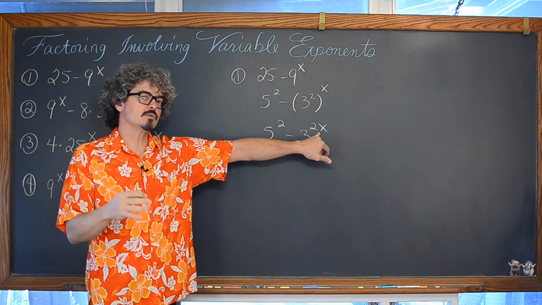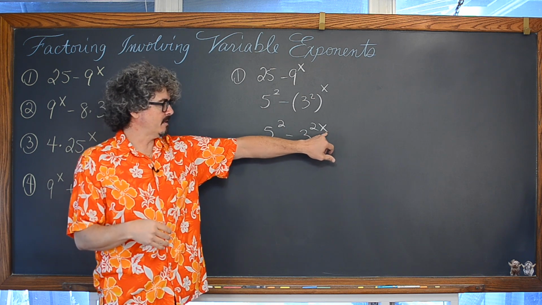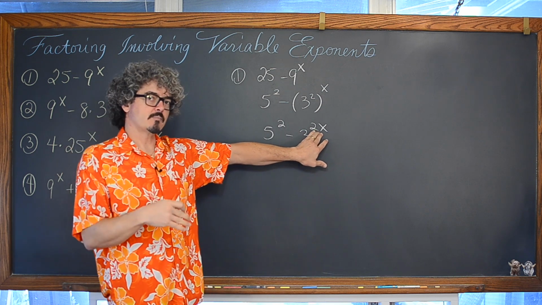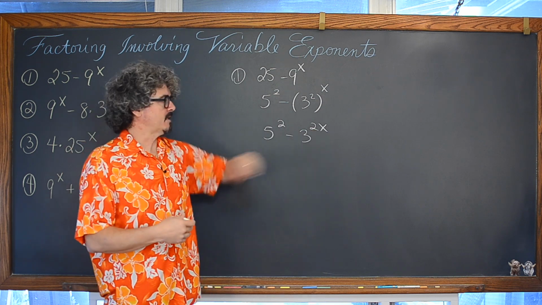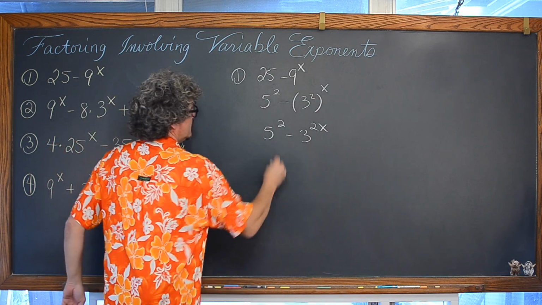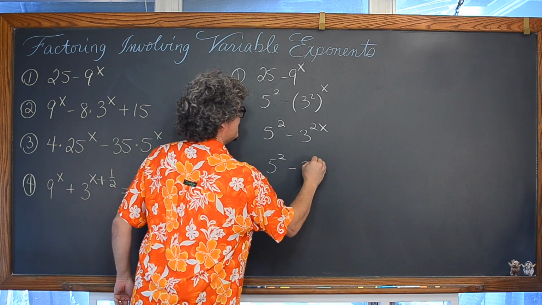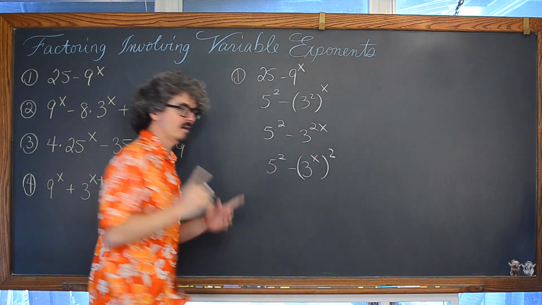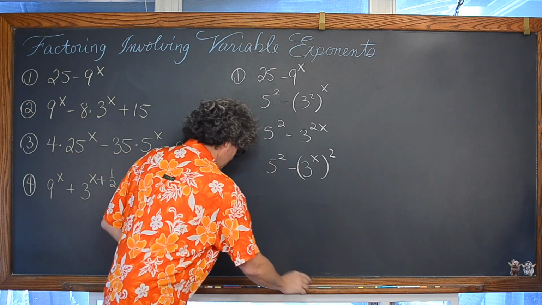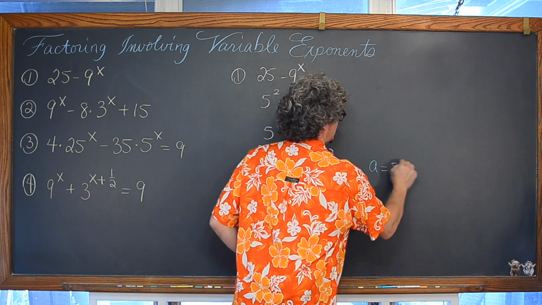And though this is an expression, we can see that, again, not that it really has to be, but that this power is even because it's any number multiplied by 2, which by default, in a sort of mathematical expression type way, this is sort of a general form representing an even number. I should write this as 5 squared minus, and then 3 to the x power squared. There you go. That's a little better. So here we can see that the a is going to be 5, and b, I had that technically actually written incorrectly, is going to be 3 to the x power.